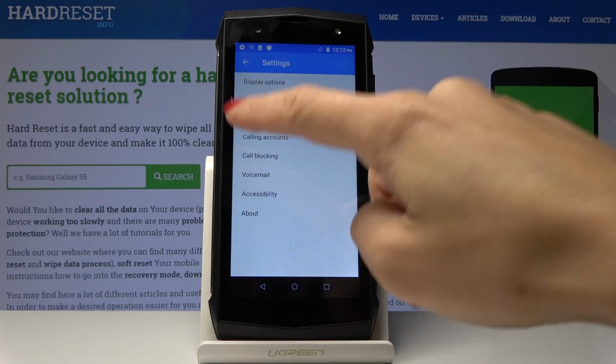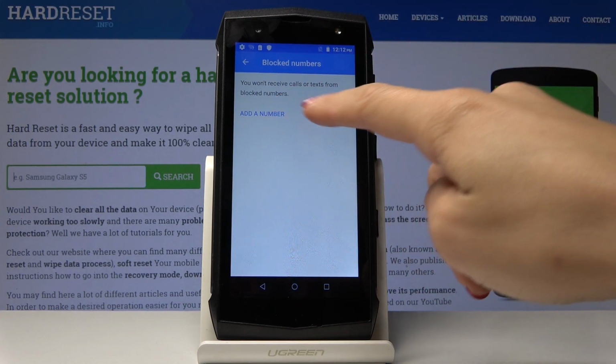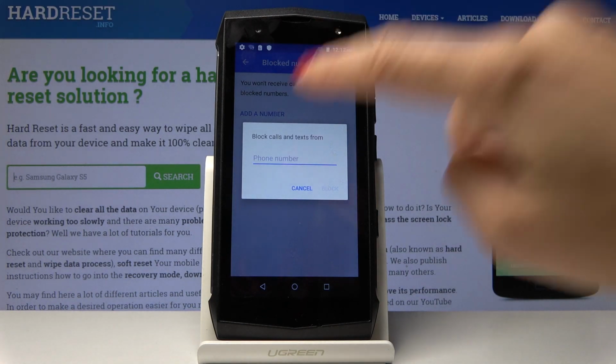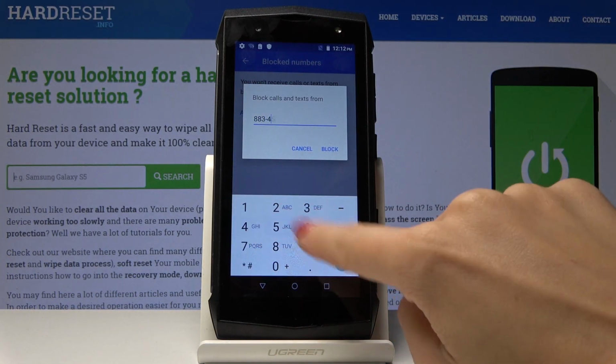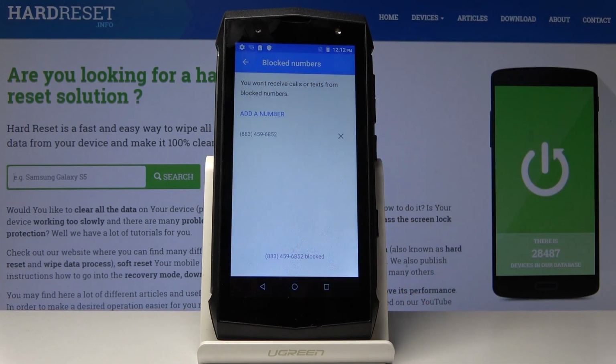Here you'll notice call blocking, simply click on it, and to block some number, simply click on add a number and then enter it over here. Once it is entered, click on block, and that's it. From now on, this number will not be able to reach you, so you will not receive any call or